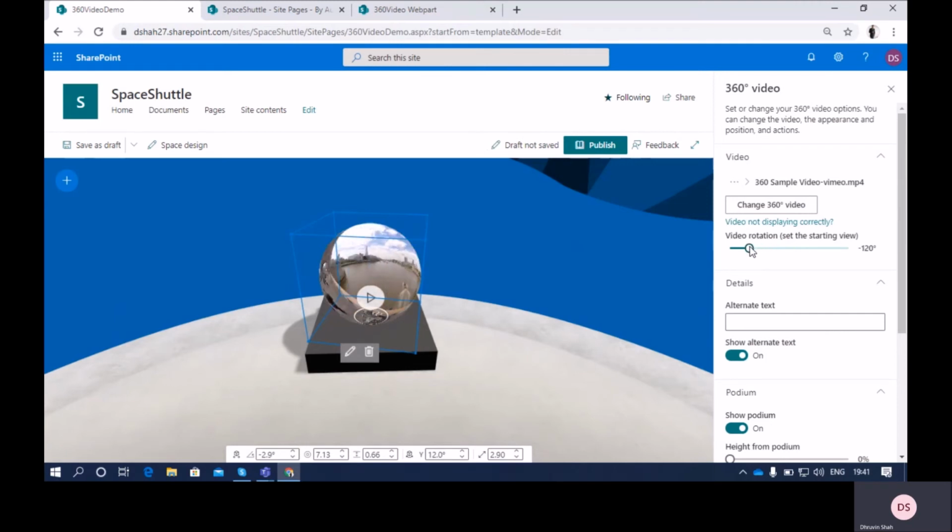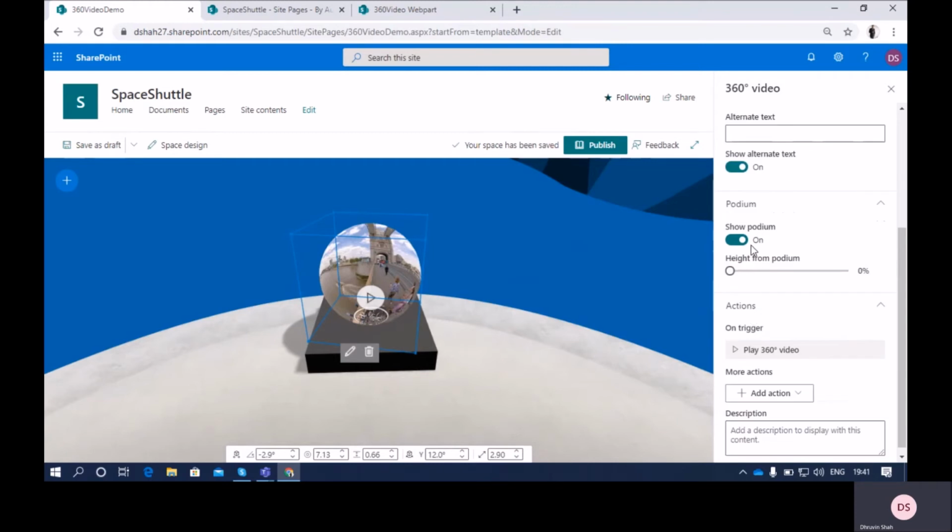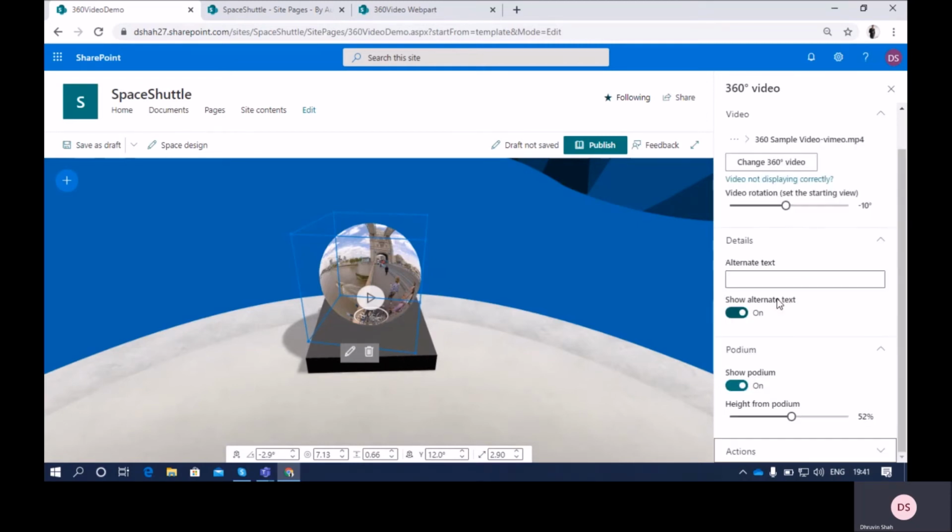You can also change the rotation of your 360-degree web part using this one. So this is the rotation property. Alternate text you can add here. You can also add a podium using this option. If you don't want the podium, you can remove that. Currently I'm showing the podium over here.